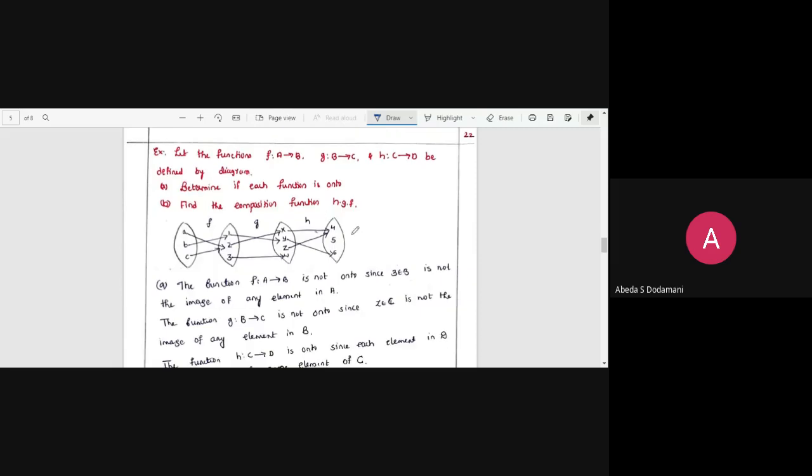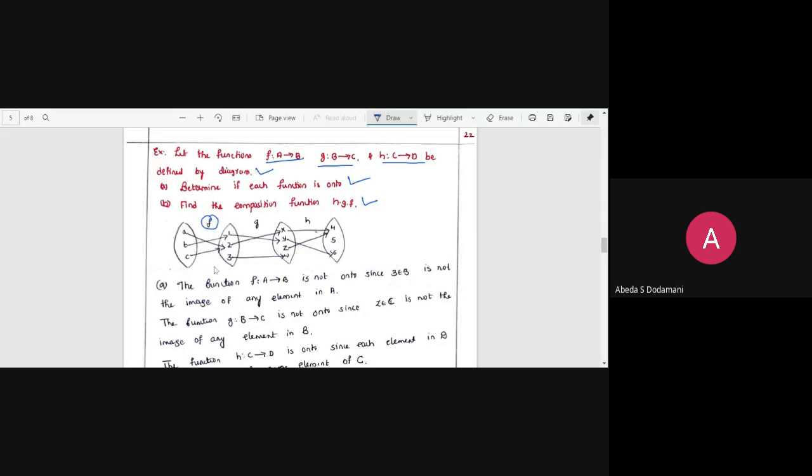Let's see. Let the function f be from A to B, g be from B to C, and h be from C to D. This is defined by this diagram. To determine whether each function is onto, find the composition function of h dot g dot f. So just try the first one, guys. Don't see the answer. I'll explain the function f